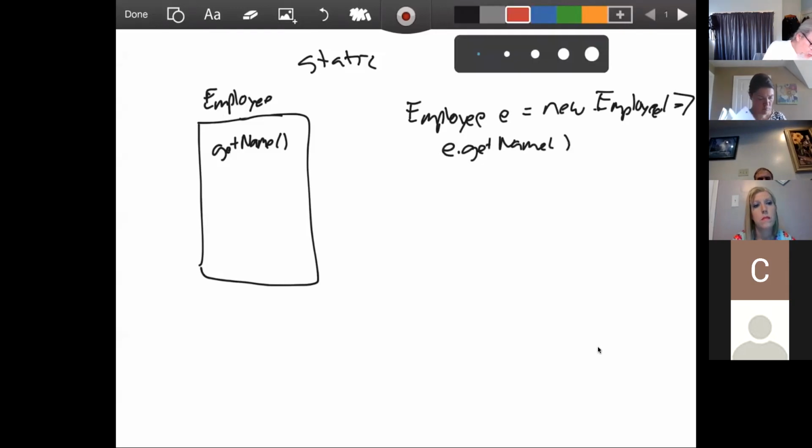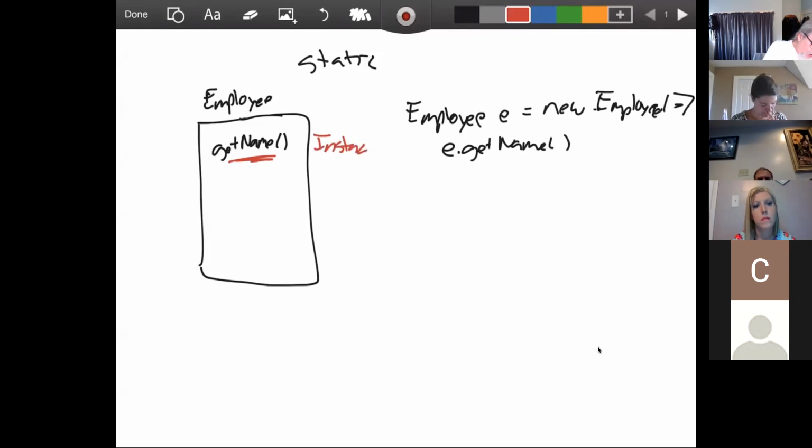So this function belongs to the instance, not the class. That's the normal way to do things when we're doing these kinds of classes. So that's a non-static function. You get to a static function